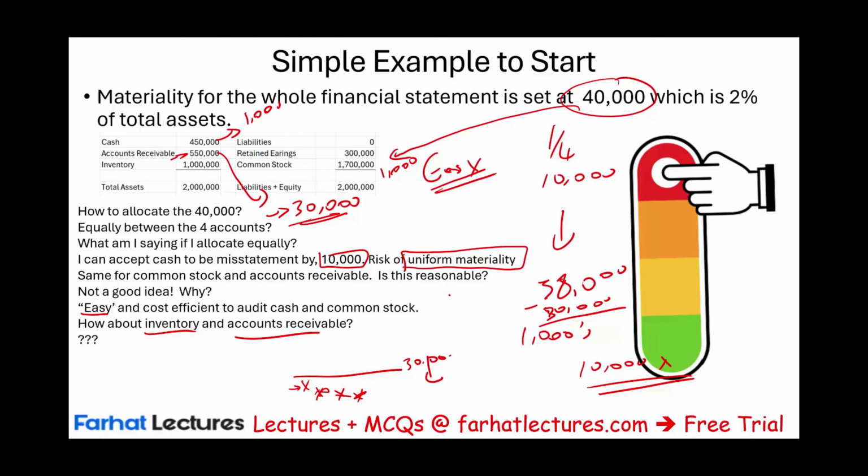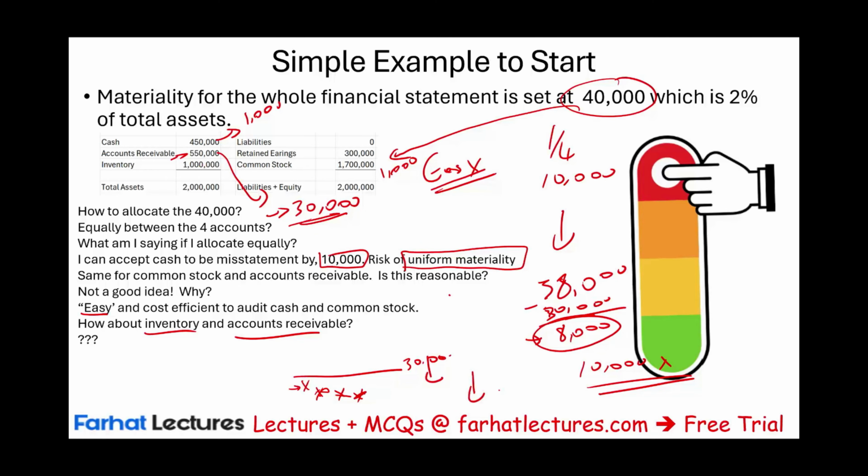Great. Now, we allocated 30,000 to account receivable. What's left is 8,000. 8,000 to inventory. Inventory, same concept. When I buy inventory, I have a dispute with the customers. The inventory is not good. I don't record it as inventory because I have to return it. It's not of good quality. My inventory is all over the place, so I expect some mistakes to be in the inventory account. But I'm willing to tolerate the remaining 8,000.